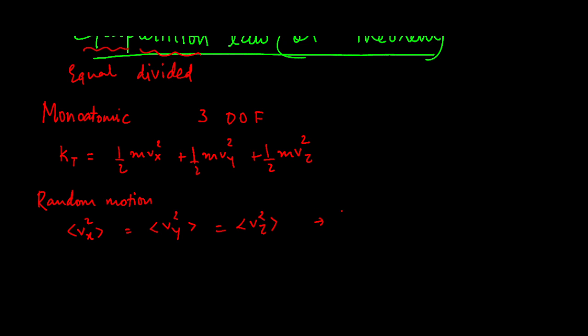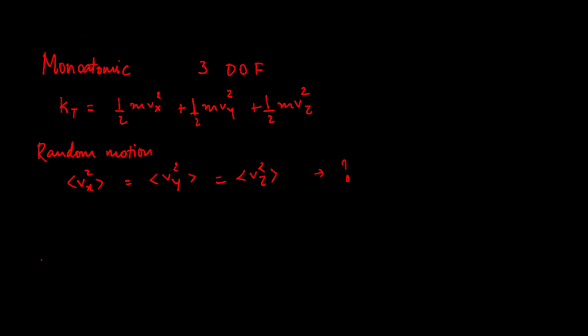Do you remember that? Do you remember this one, everybody? Okay. So now what that means is, if I take the average kinetic energy of a molecule, translational kinetic energy,